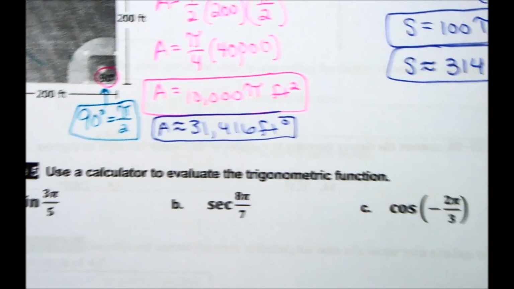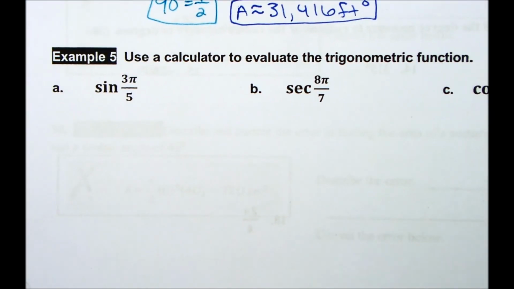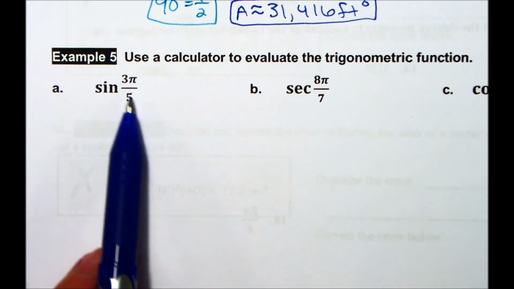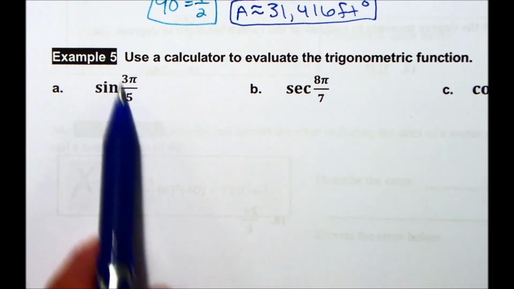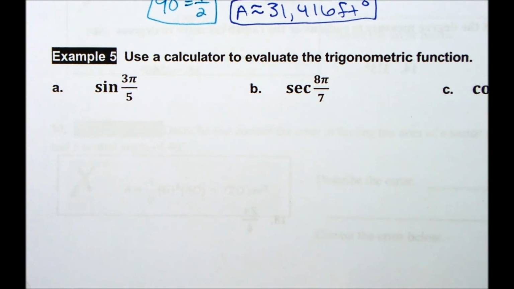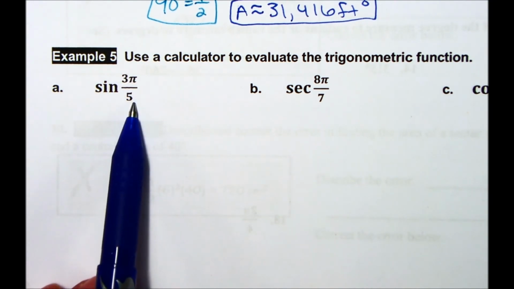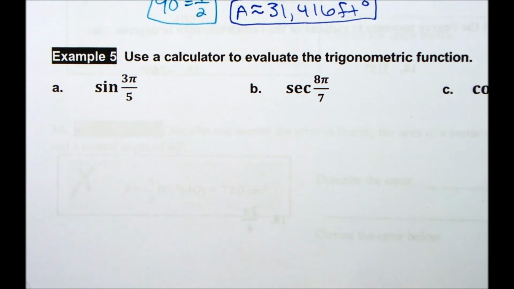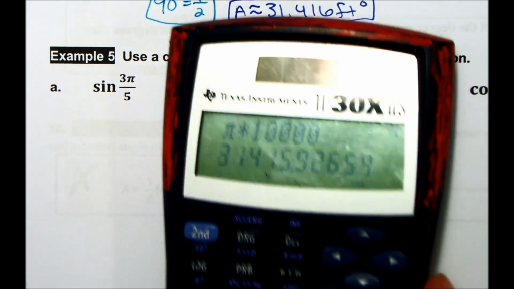Okay, and then last but not least, we have one more example for A, B, and C. We're going to use our calculator to evaluate the trigonometric functions. Again, on a quiz or test, I will not be able to tell you how to do this, so you have to practice it often enough so that you know how to put this in the calculator. If you are given a measurement that is in terms of radians, you have to either convert your radians to degrees and then put it in your calculator, or you have to change your calculator